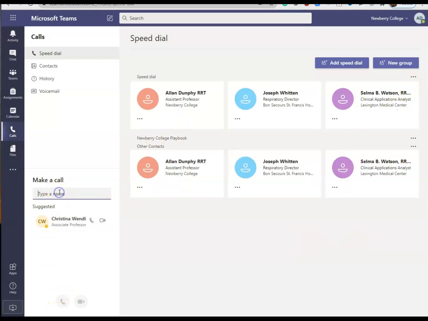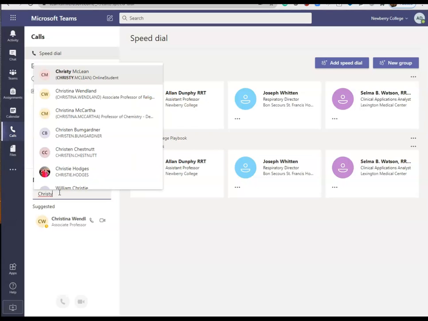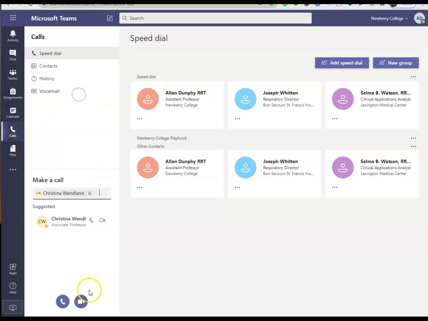But if I want to type in a name, I could type in Christy. And this is the Christy I want, Christy Winland, and I'm going to click on her. Now I have an option to either do a telephone call or a video call. I'm going to hit video call, and if she was available, it would be